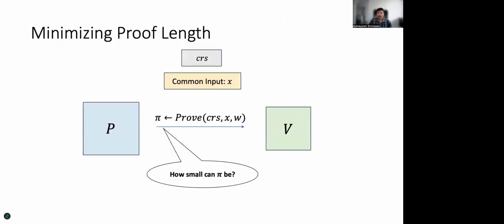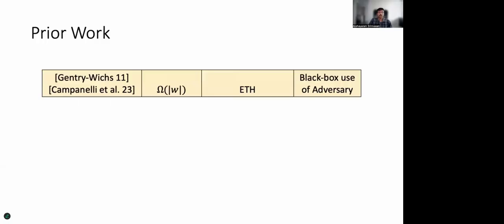The main goal of this talk is to minimize the proof length. So specifically, we want to answer how small can this pi be. The prior work of Gentry and Wichs and the recent work of Campanelli et al. gave lower bounds on the size of this proof for argument of knowledge systems where the reduction makes black box